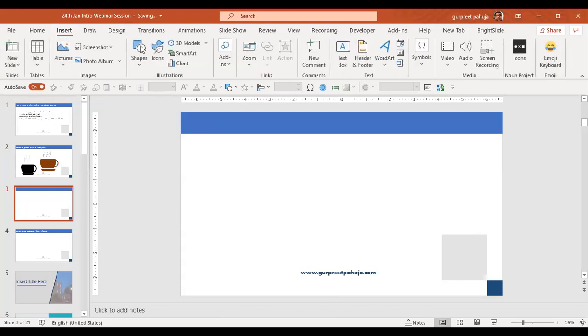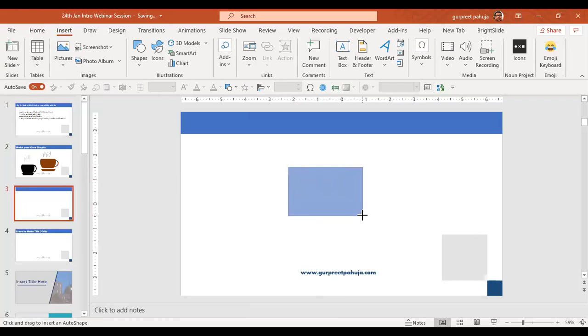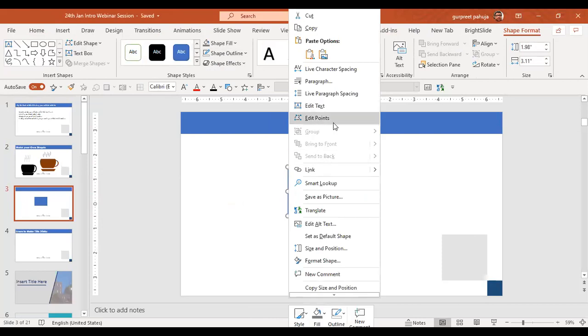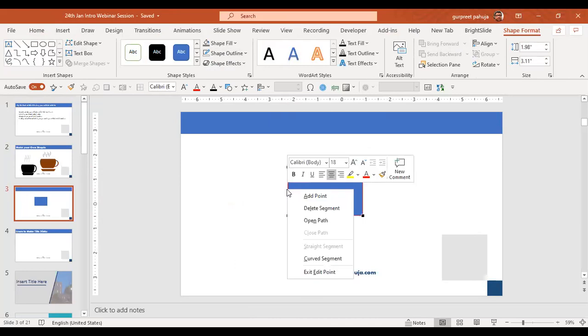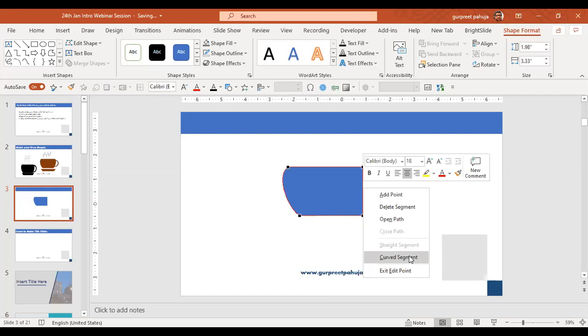I go to the insert tab. I go to shapes. I take a rectangle, right? While I'm selecting this, you'll get this option coming in. You'll say shape outline, no outline. You will select this shape and do right click. You will get this option edit points. And then you can do right click, curved segment, and you can move this a little bit inside. This black handle, sorry, this black handle selection is very important. Then you go to curved segment again.